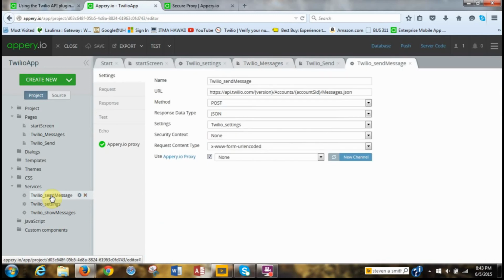And we want to check use API. So leave all the defaults and then use apri.io proxy. It's checked, and then we have to select the proxy we just created. Now it's not here at the Twilio proxy. All we have to do is click the refresh button, and then you see the Twilio proxy. So we select that,